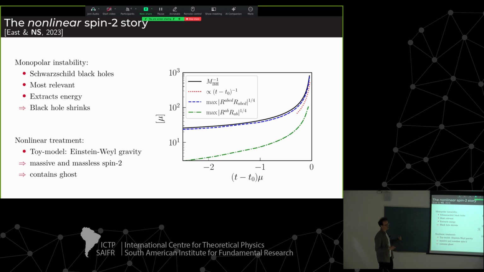So this is just to say that the spin 2 field behaves very, very differently from the spin 2 and spin 1 story I've been painting. And there's lots of things that need to be worked out before we can even think about connecting those two